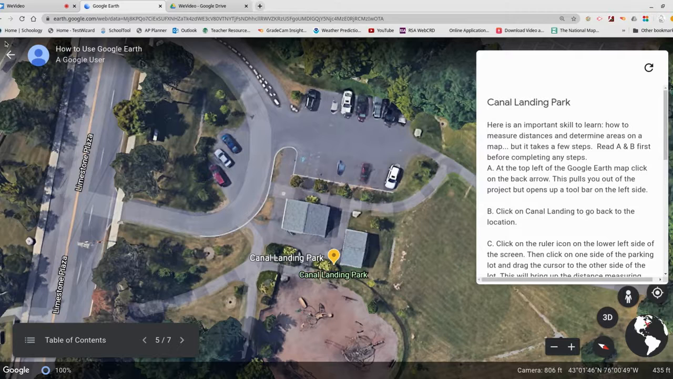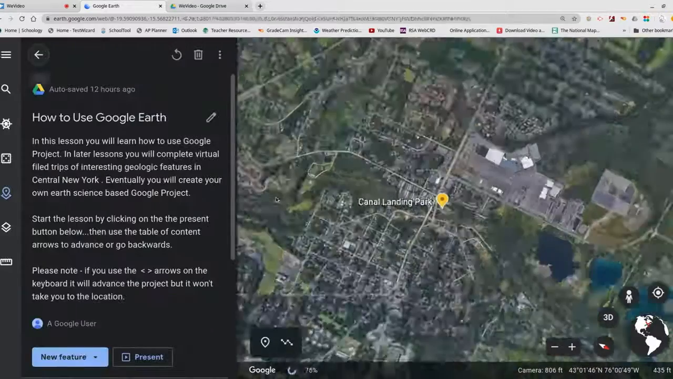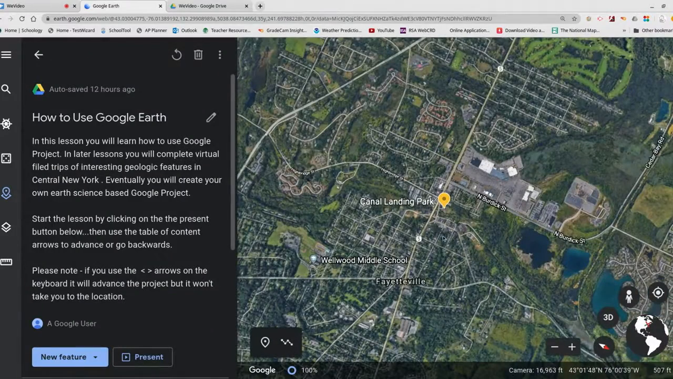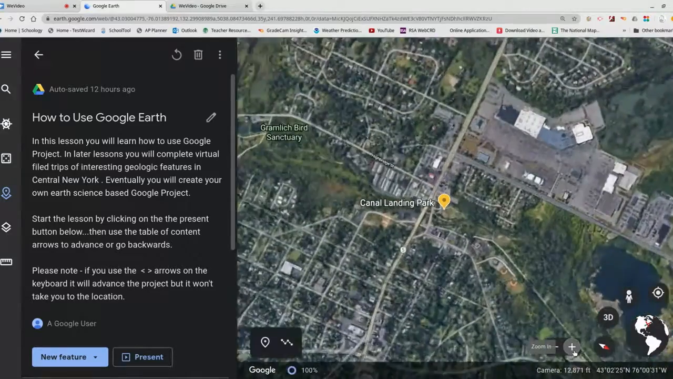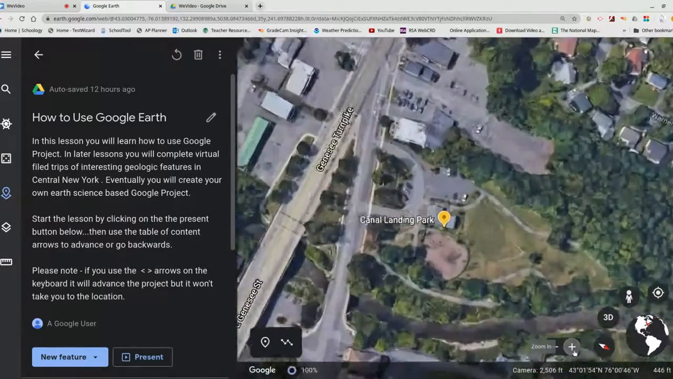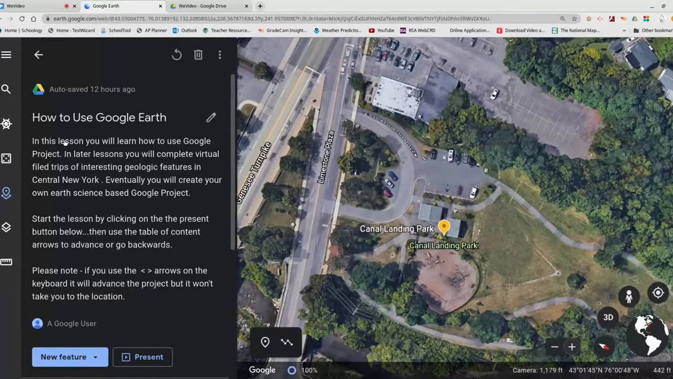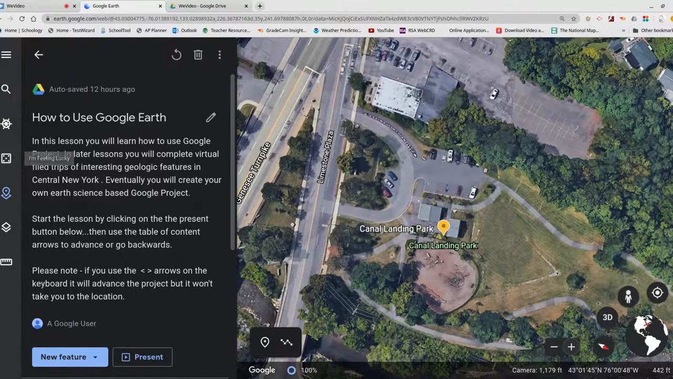I want you to go up to the top left-hand corner where you see the back arrow. Go ahead and click that. Now that starts jumping out right away. You can zoom back into wherever you were supposed to be. But now, once we've jumped out of the Google Projects viewing angle, you can see